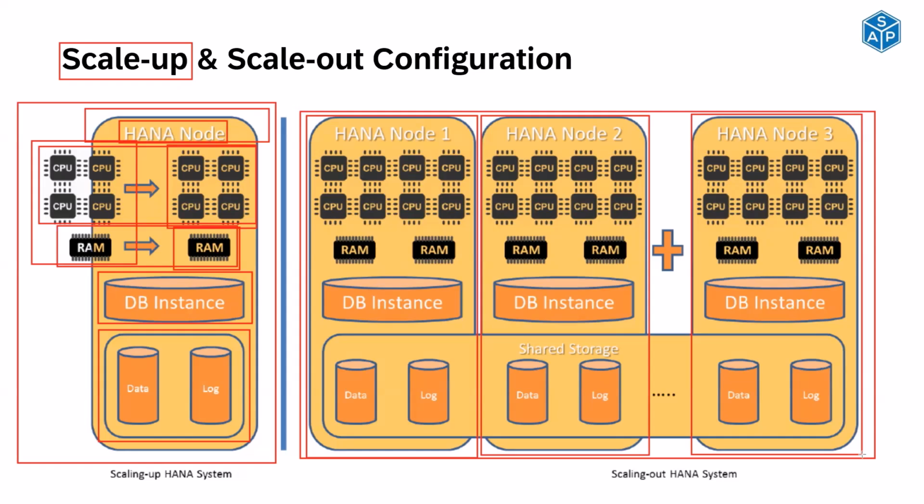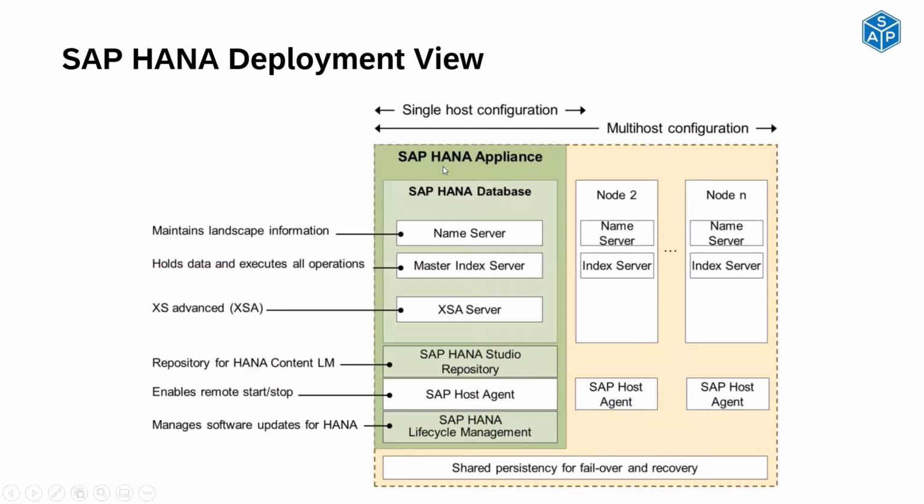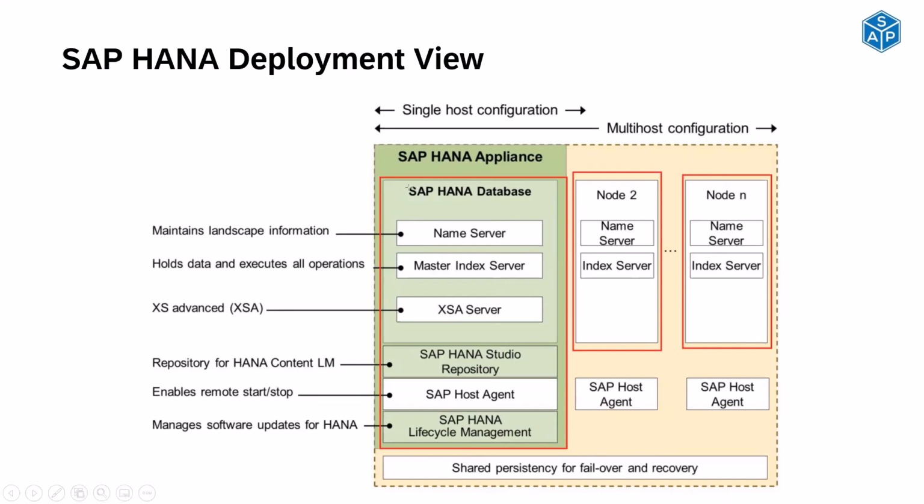I think we have a screen again here in the next slide coming up. Yes, this is the slide for your multi-node environment setting. Can you see? This is your node 1, the primary node. These are your additional nodes. What all services will be running on the additional nodes? Your primary node will contain all the services related to your system database. Your system database service will run on the primary host, and apart